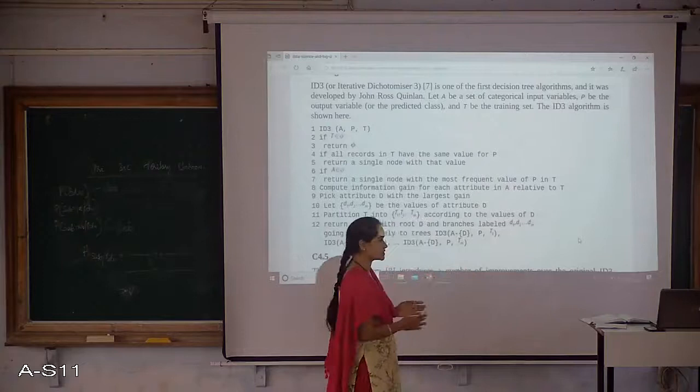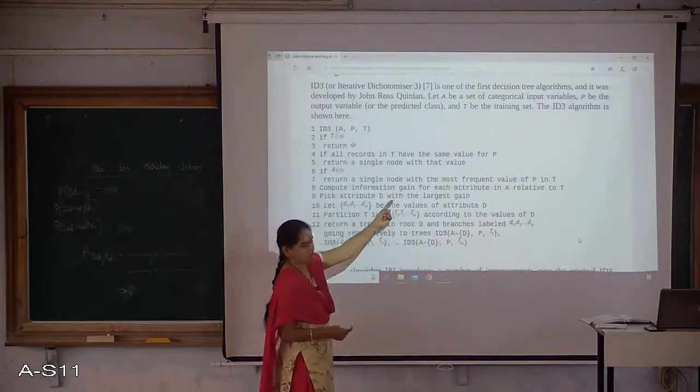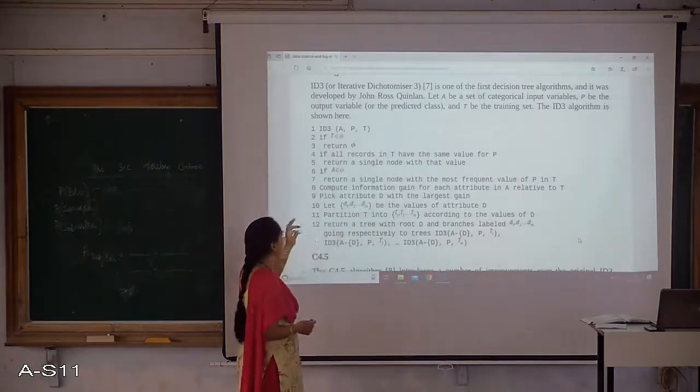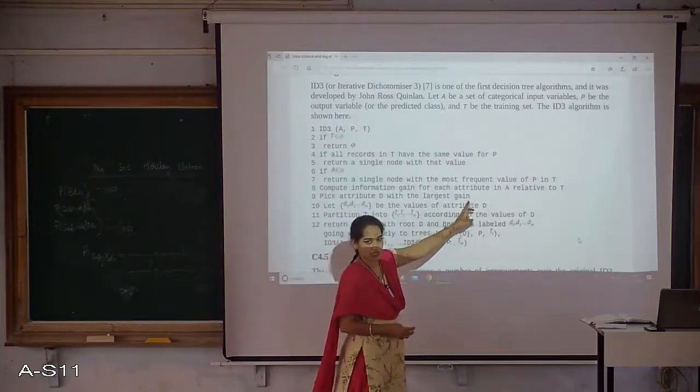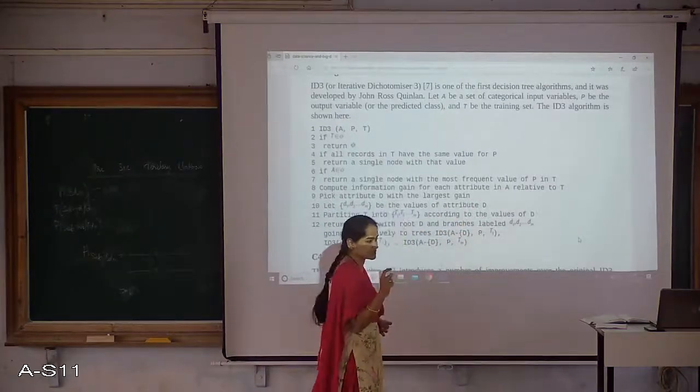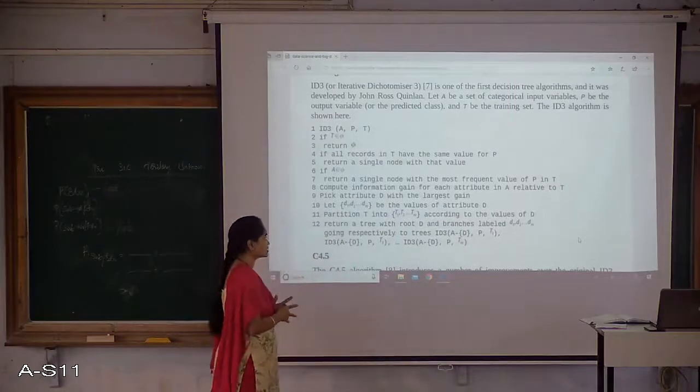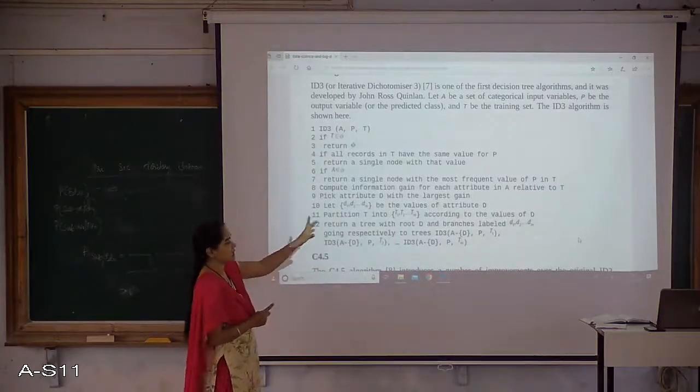For all those attributes, we are going to calculate the information gain. Then pick an attribute D with the largest gain. I am considering the one among them which has the largest information gain, and I name it as D.